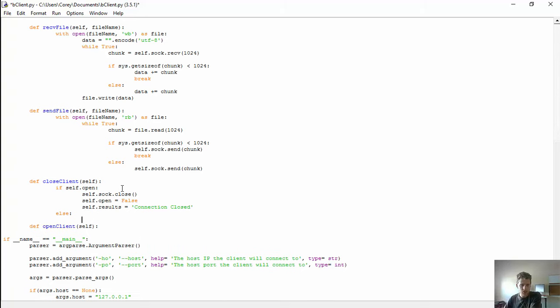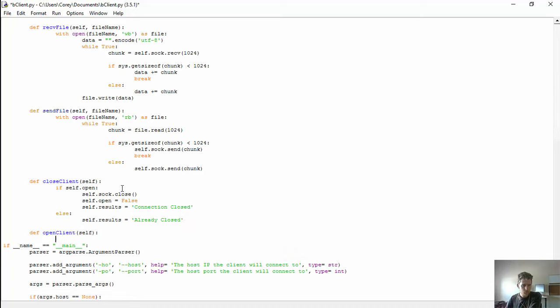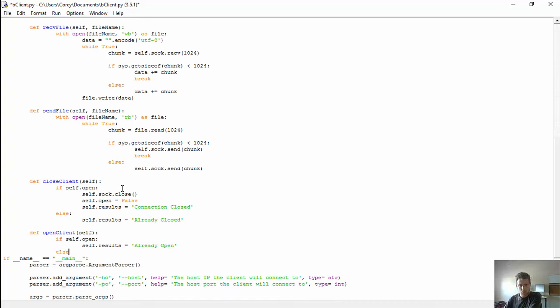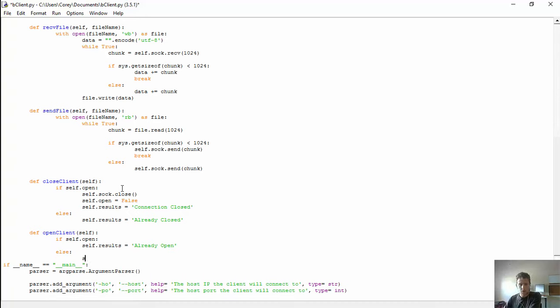If it's already closed, we can just tell them: self.results equals already closed. Then, for the open function: if self.open, self.results equals already open, else we will go